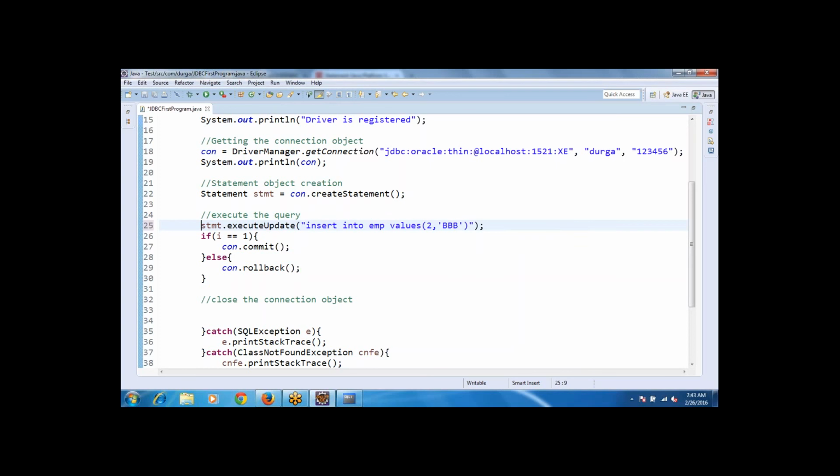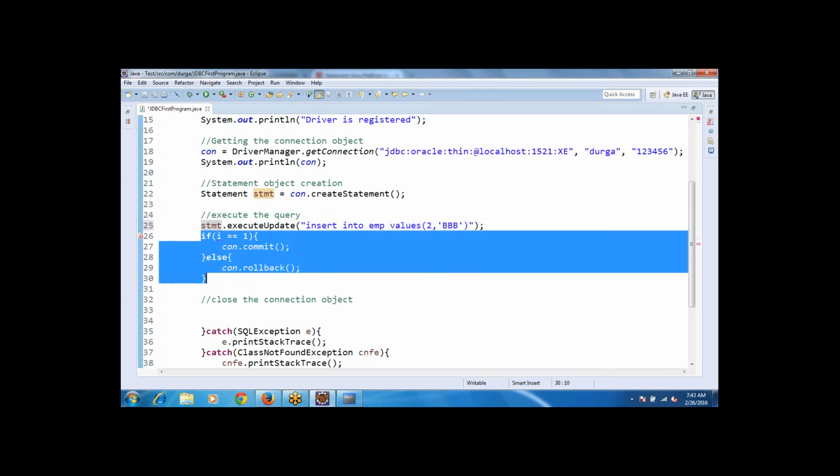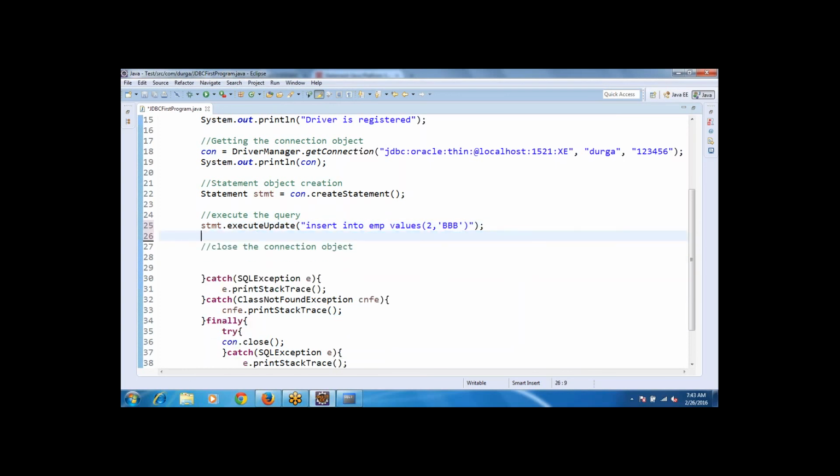You don't even need to think about con.commit and all these things. By default commit is true here. When you execute this particular statement, it is going to commit the code also. That's how they've written the JDBC API. But if you want to control it yourself, then what you need to do here, after the connection,